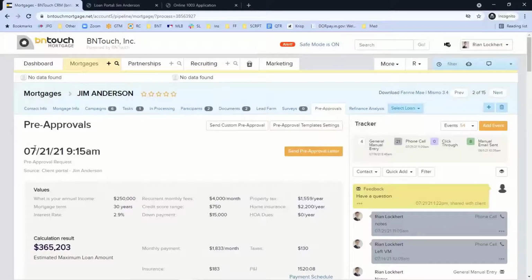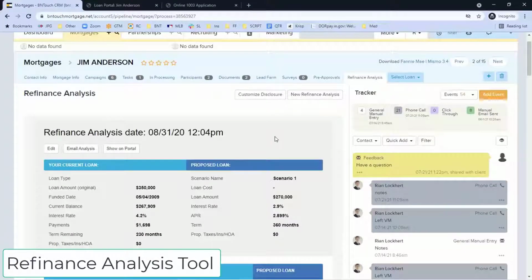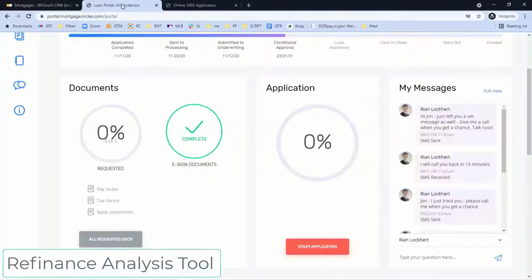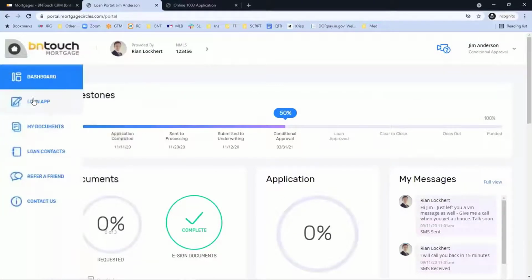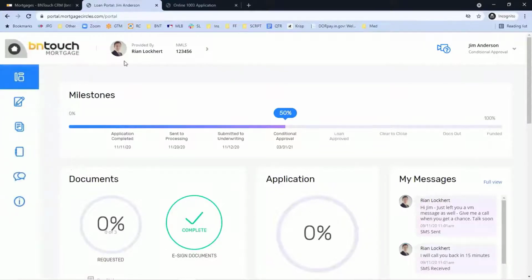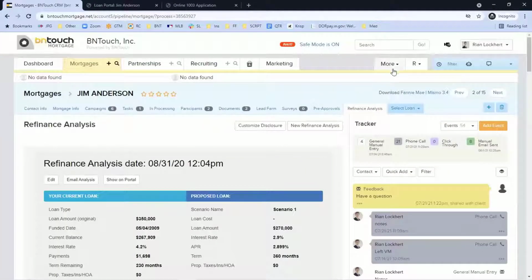So you can see, like in this pre-approval, I have one here from earlier today. If I did another one, it would be just on the top of the list. We also have a refinance analysis tool that you can share out to their portal. And you notice, and I did this purposely to show you how you customize your portal, I don't have the ability to see the refinance analysis on this portal, because if I go,